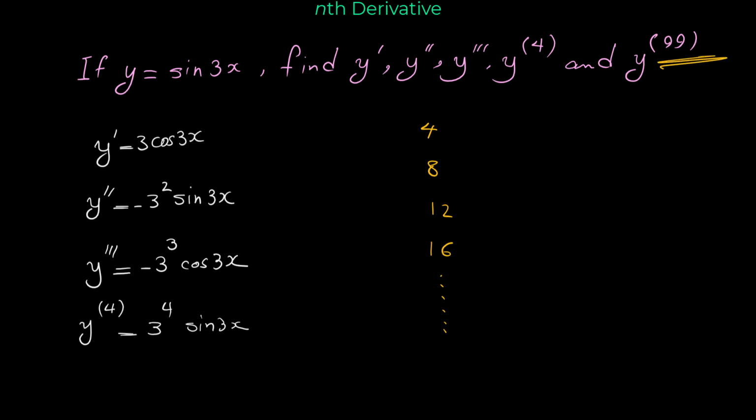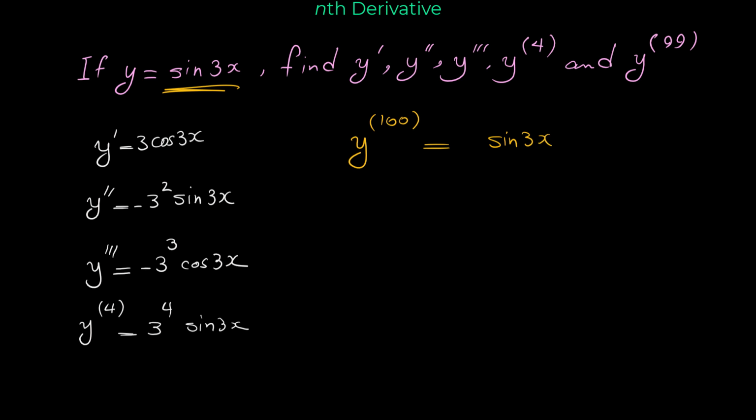But 99 is not a multiple of 4, so we cannot conclude that derivative of sine after 99 times is itself. But if you pay attention, a number that is close to 99 and is a multiple of 4 is 100. So if we take derivative of this function 100 times, its derivative is itself,